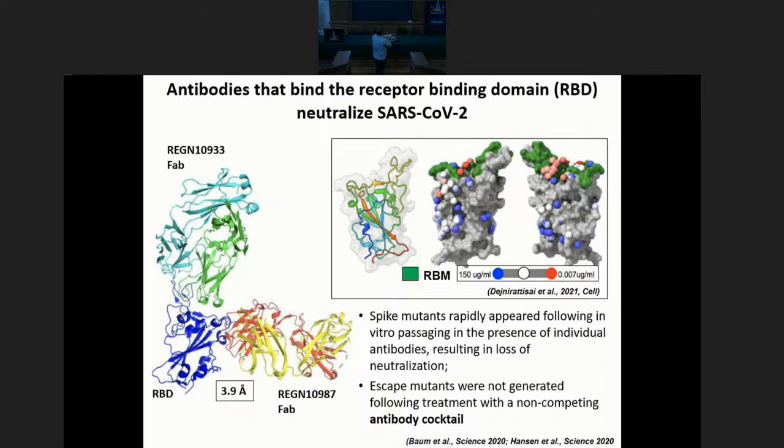For example, this commercial cocktail of two antibodies binds to RBD in two different places near the receptor binding module. They investigated this antibody, REGN10987. It binds on the periphery of the RBM, and this cocktail was used to treat Trump when he contracted coronavirus infection in the USA in 2020,